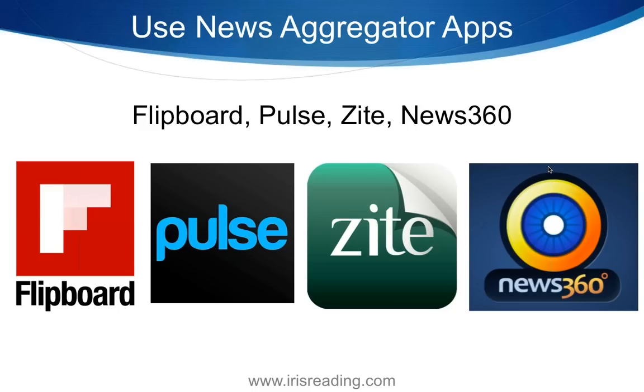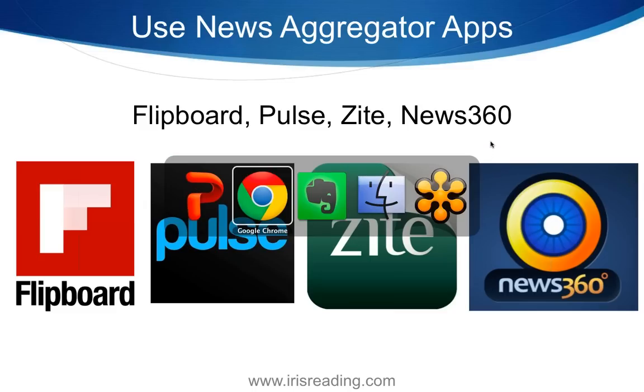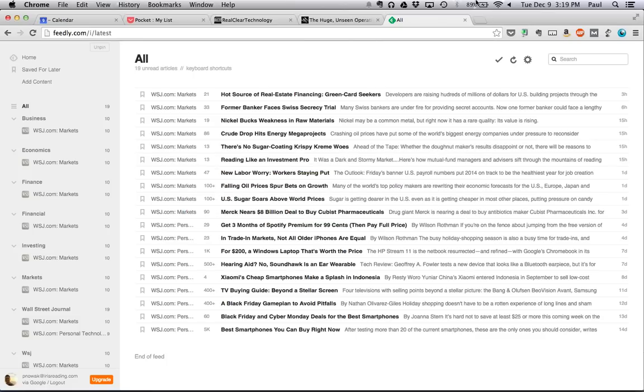Now, I have a question coming in here. Will Pocket not work with extensions that block ads, such as AdBlock? Having issues saving articles because of that. You know what? Good question. I actually use AdBlock Plus to block ads. For those of you not familiar, the question was, this is AdBlock Plus right over here.